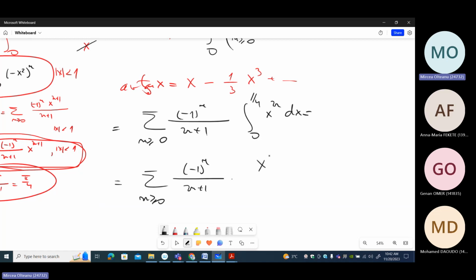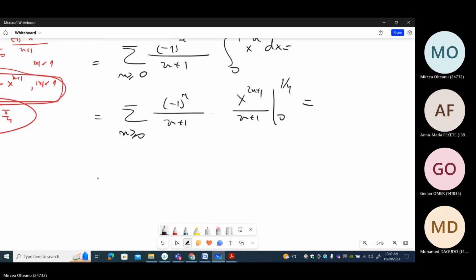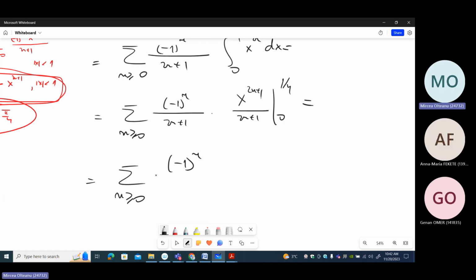And here the primitive is x to the 2n plus 1 over 2n plus 1 between 0 and 1 over 4, which finally gives us, n plus 1 squared times, here, when you put x equals 1 over 4, you get 4 to the 2n